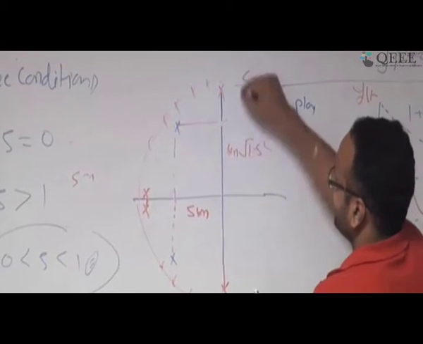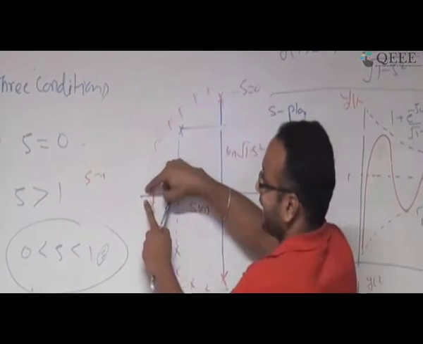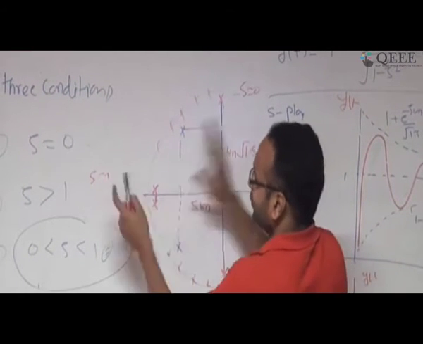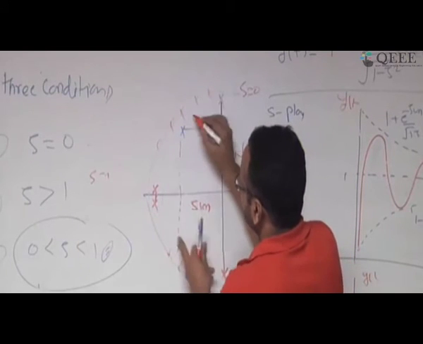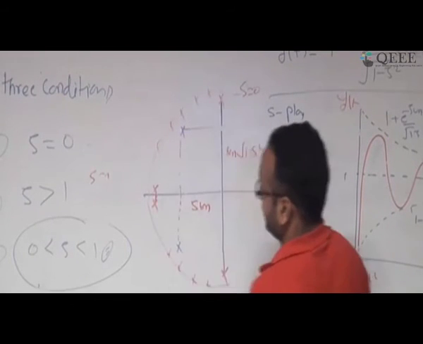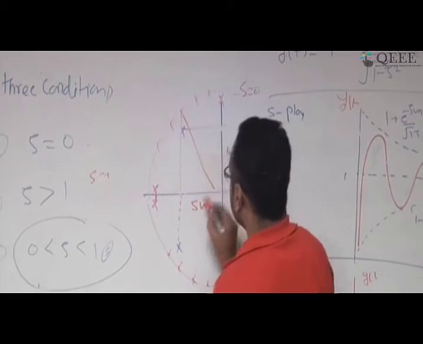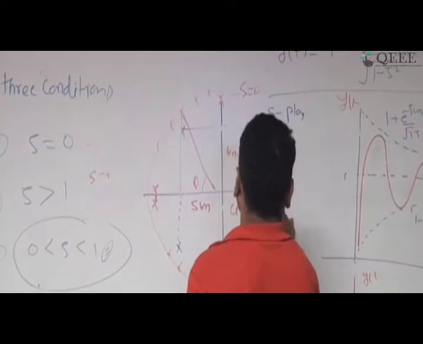If the two poles are lying here, it means it is an oscillatory behavior. If the two poles are lying on the real axis, this is a critically damped scenario. And if you keep on doing it, it will come. But I am interested in putting my zeta in such a way that the poles lie in between, as desirable. And if you draw it, you can write that phi is cos inverse of zeta.